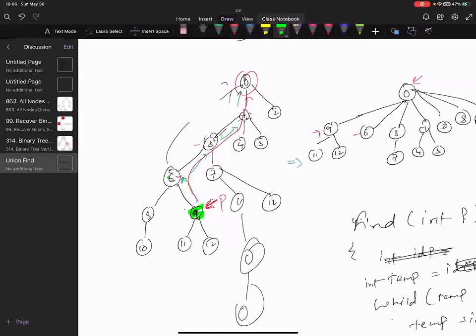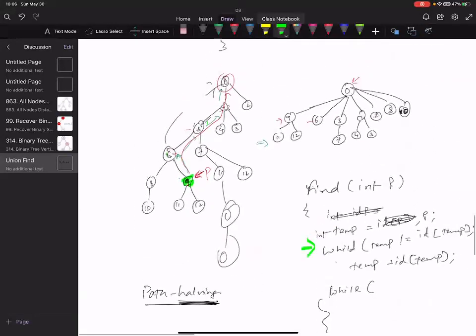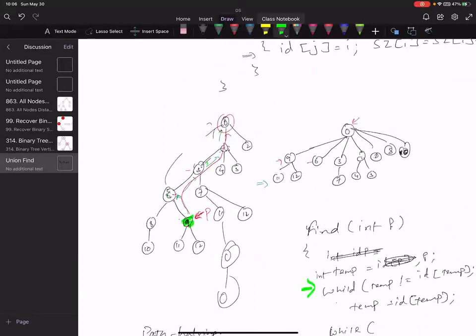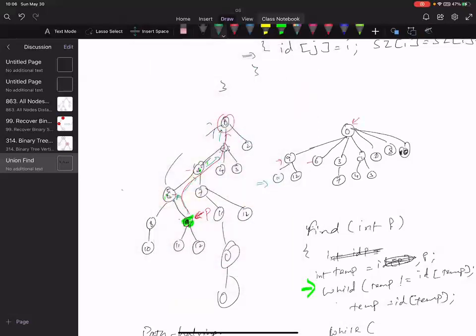So when I'm in this loop only, while I am trying to find the parent, in that loop I will make 9 a child of its grandfather. If you say this is the parent and grandparent, so is it a fast pointer, slow pointer? Basically, we are jumping two times.